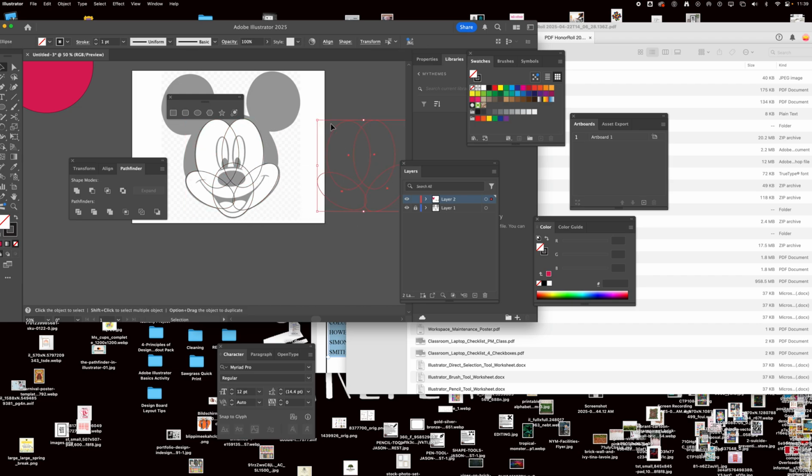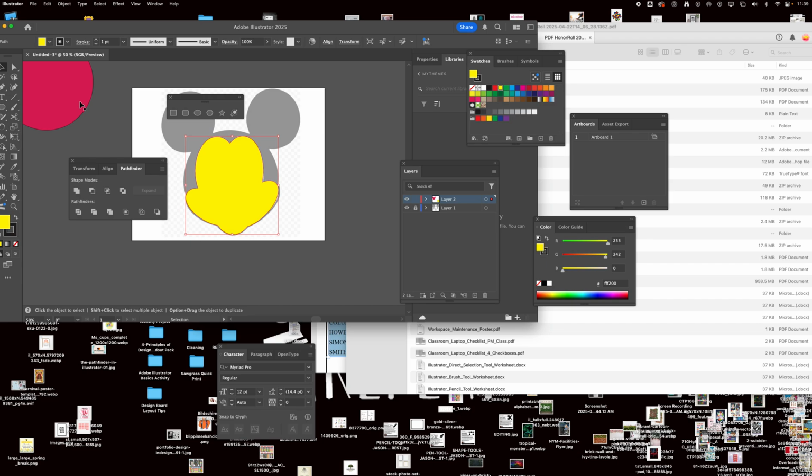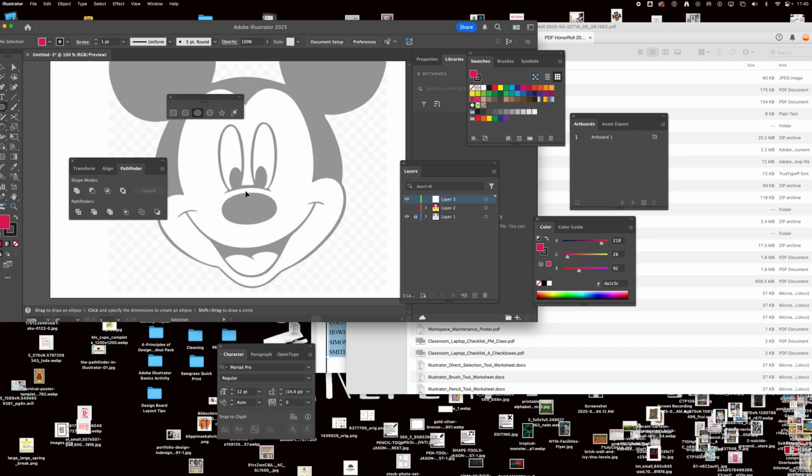So if I didn't add this 5th piece and I went to unite, this is what would have happened. Okay, it would have been missing the center piece as well as his chin. So that's why it's important that you have all of these overlapping pieces. Now I'm going to press the unite button, and now I have my other piece. Okay, and I can add this back so we can see it. And this now is when I'm going to shut off that layer. Okay, and I'm going to make a new layer. Again, you don't have to, you could just move everything to the side, but to me this is the easiest